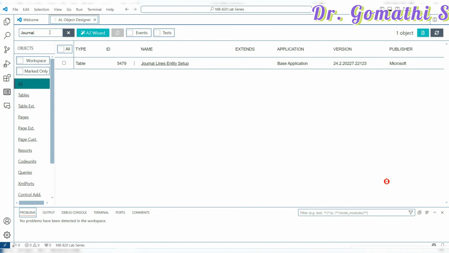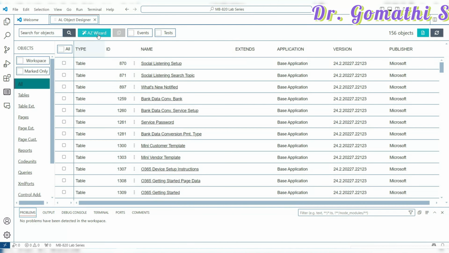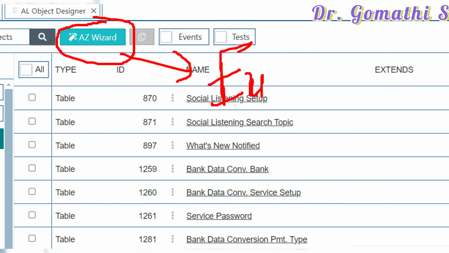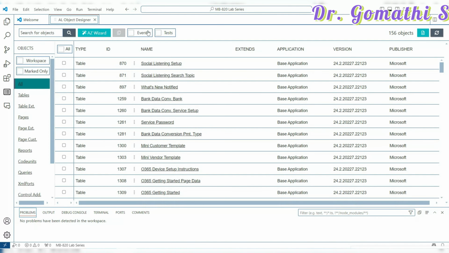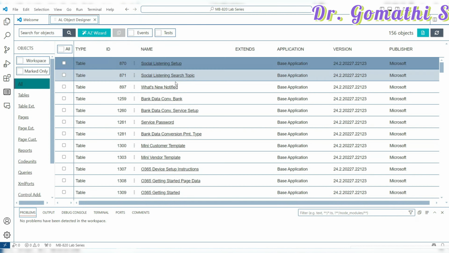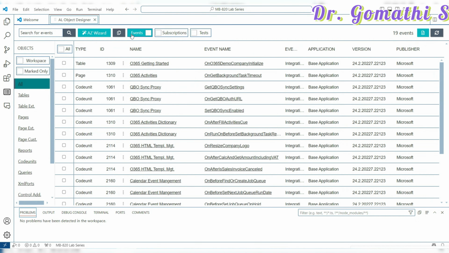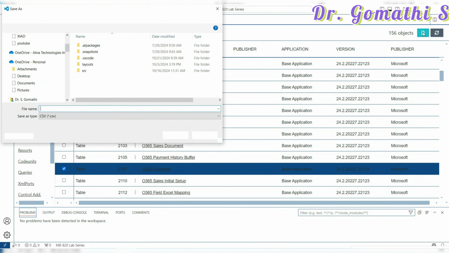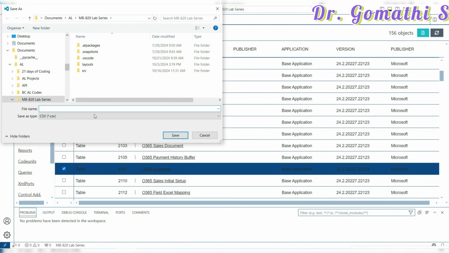So journal, which starts with journal. Okay, and in order to enable this particular button, you have to install one more extension that we'll be discussing tomorrow. Okay, if you are installing the AL Object Designer for the first time, you cannot see this. Even if you see this, you have to install it. And here you can see events and subscriptions, test. This is for exporting the list. Okay, this will export the list into a CSV file. Once you click save,